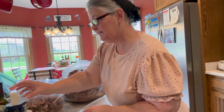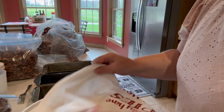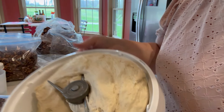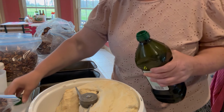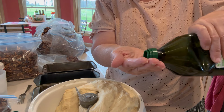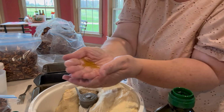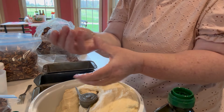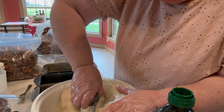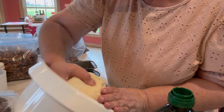Time to do the bread. And here's my bowl of bread. There it is. It's coming up the top. And again, I'll take some olive oil and oil my hands just a little bit. Just put a little puddle of oil on my palm. And I go like that, rub it on my hands, and the dough doesn't stick to my hands when I get the center thing out. Now, we'll